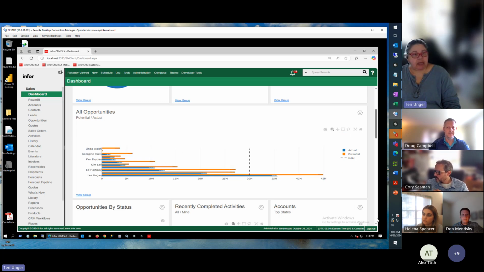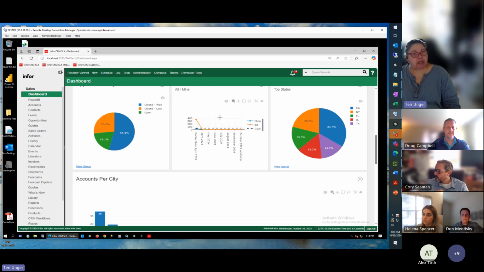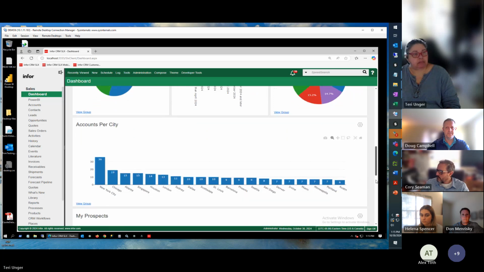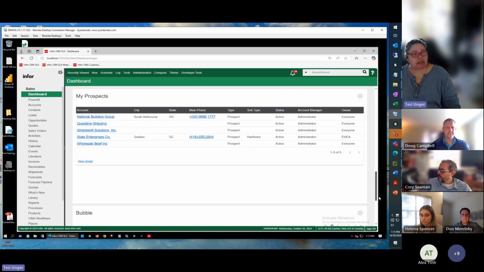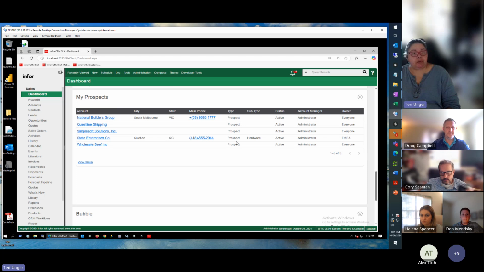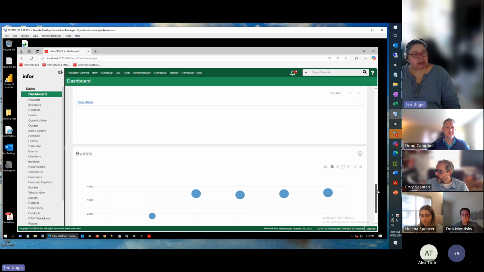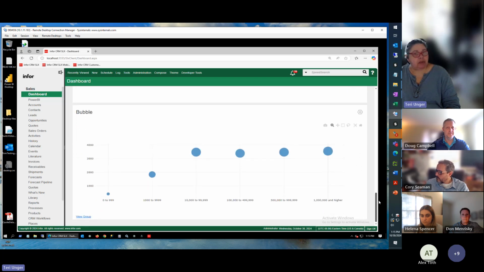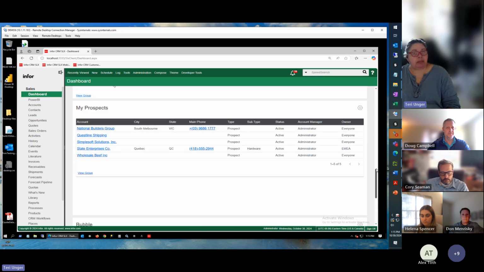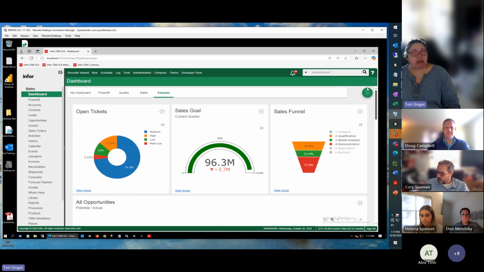But the native dashboards allow you to do line charts, bar charts. There's pie, I showed you a donut up at the top. You have your bar. And then you also have that list view that is basically a group in the dashboards, and then I can click on it to go to that record specifically, which is nice for open ones. Then you have the bubble. So there are a lot of native capabilities in the standard dashboards,